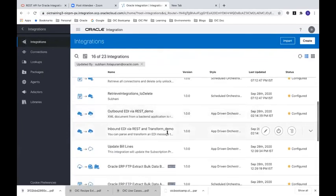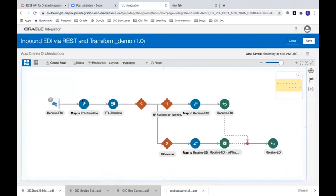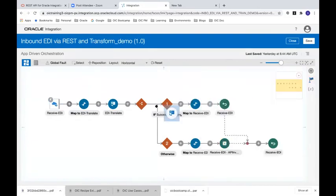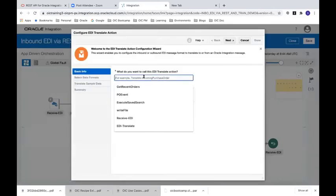So let me show you the existing integration which we have created. This integration talks about inbound EDI. I'm receiving the EDI message and I need to translate it. So how can I translate that? We have got multiple actions here, which Neil had gone through. One of the actions is EDI translate. If you just drag and drop this action onto the canvas,